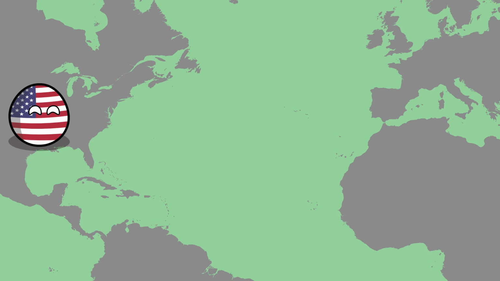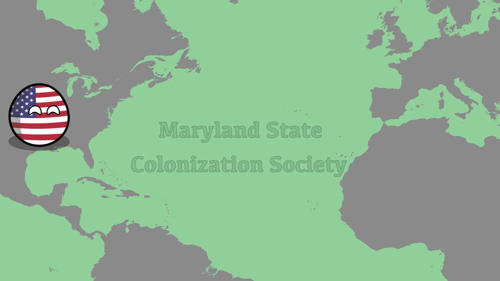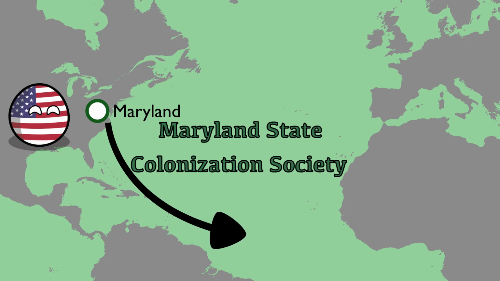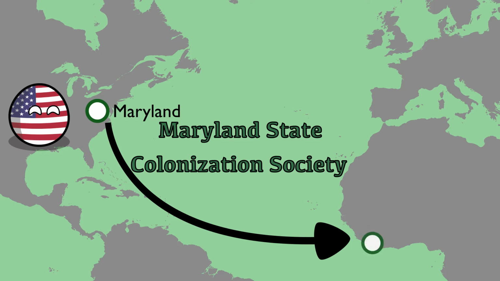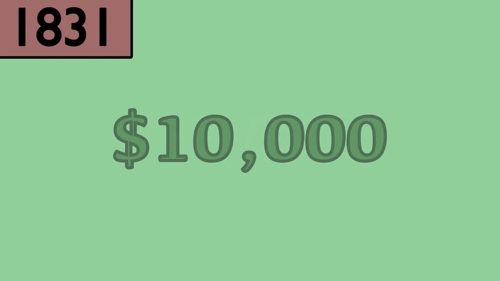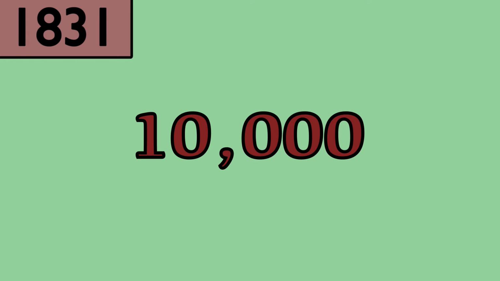The foundation of the Maryland colony was initiated by the Maryland State Colonization Society, who were a branch of the American Colonization Society. They wanted a settlement in West Africa to accommodate immigrants from Maryland state specifically, and to have firm control over trade between the state and its new colony. In December 1831, the Maryland state legislature in the United States apportioned $10,000 per year to the mission, with the goal of transporting 10,000 free African Americans to the new colony of Maryland in Africa.